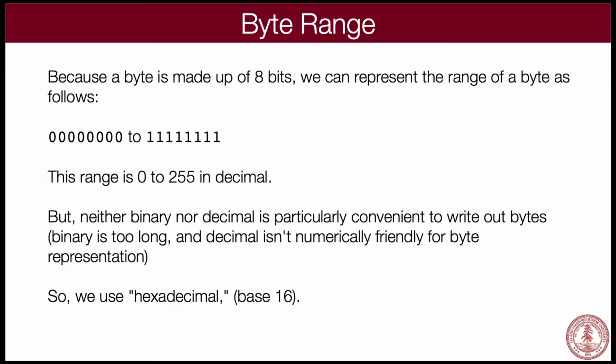Everything is by bytes. Now the issue is that if ones and zeros are the way the computer understands numbers, and we generally understand numbers in decimal, which isn't the best in terms of translating to ones and zeros, we have to come up with a different way to represent numbers. We do that with base 16, and we use base 16 for a very key reason, which is that it makes turning base 2 binary numbers into base 16 and vice versa very easy.